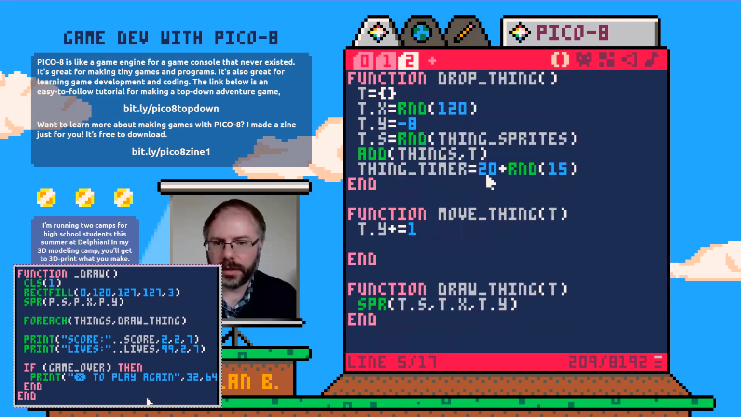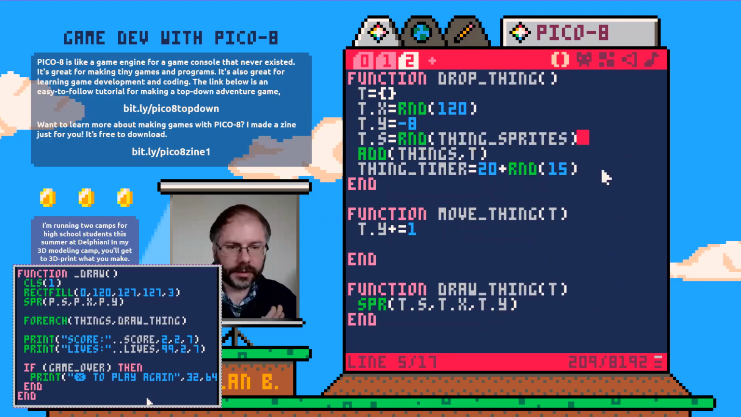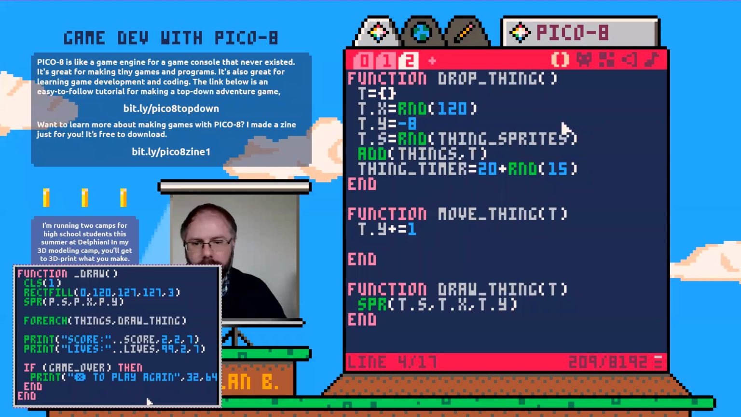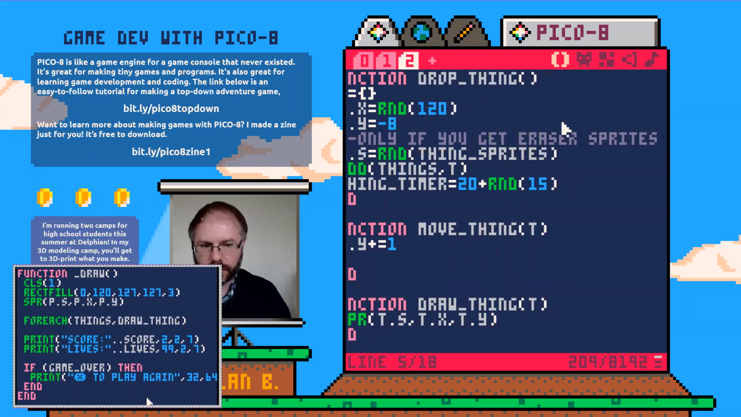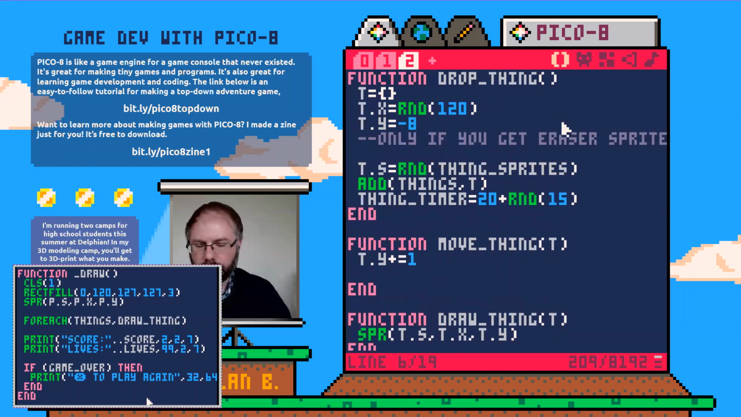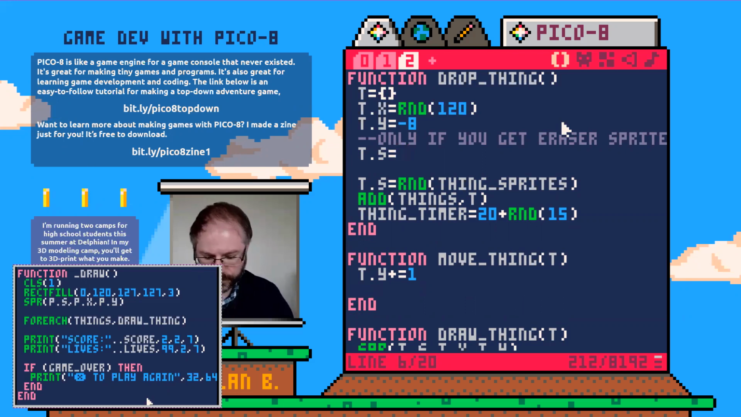Here's the thing with the eraser sprites. Some of you may be getting this if you installed Pico 8 like a month or so ago and then haven't updated. And so I'm going to put something here. Only if you get eraser sprites, then you should write this, okay? T.S equals thing underscore sprites